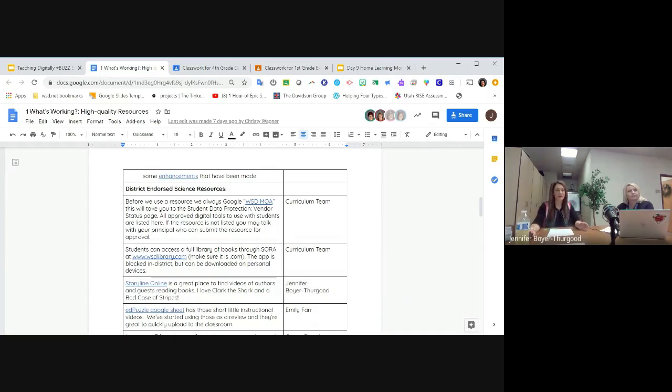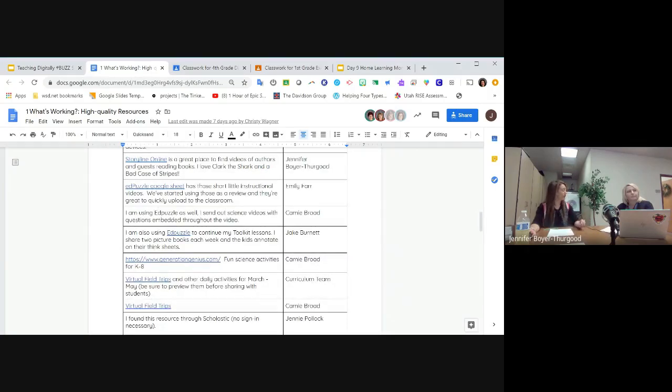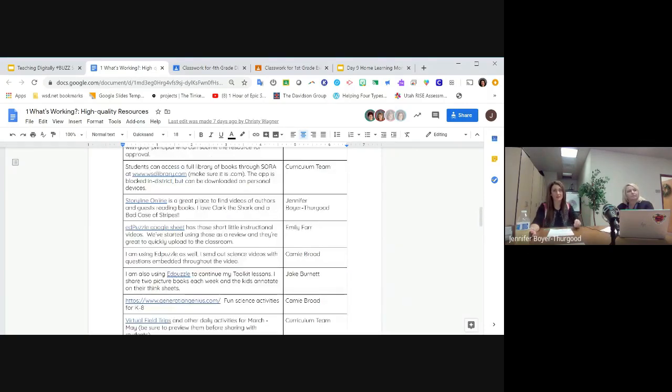There are some smaller programs, some little things you can be using. If you just Google the term WSD MOA, MOA stands for Memorandum of Agreement. There you can see if any company, any resource has signed an MOA with us, and what that means is that they've agreed to keep our student data private. So anything that's on that list is safe to use. Most everything that's been approved is on our list of vetted things, but you're free to look through there and if you have a question about something in particular. So lots of other great smaller programs here that we also think are great that are listed on here that do have MOAs.